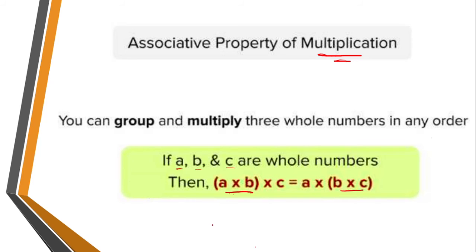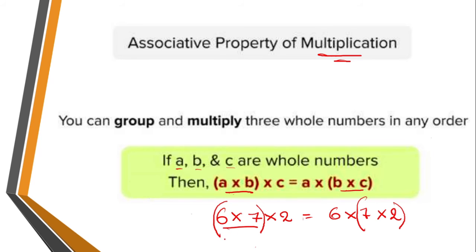Now let's take an example and see if it works or not. So again we will take the same numbers. 6 into 7. So here we will take multiplication as the operation. So 6 into 7 into 2 and again 6 into 7 into 2. Now here we will group 6 and 7 and here we will group 7 and 2. Now here we will do 6 into 7 first and then multiply this product to 2. And here we will multiply 7 into 2 first and then multiply this product to 6. So let's do it